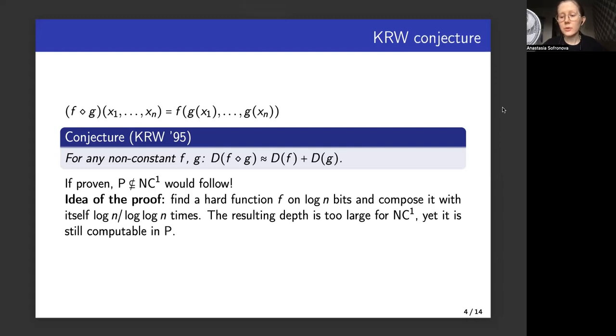Let me give you the idea of the proof. It is quite simple. Let us just take a hard function f on log n bits, and let us compose it with itself log n over log log n number of times.